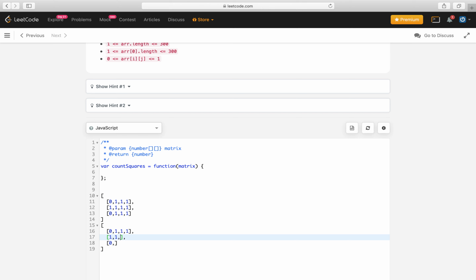0 plus 1. At this point the minimum is 1 and the cell itself is 1, so it becomes 2. At this point the minimum is 1 and it is 1, so it becomes 2. At this point the minimum is 0 and it is 1, so it will become 1. At this point the minimum is 1 and itself is 1, so it becomes 1. 1 plus 1. And at this point the minimum is 1 and it is itself 1, so it will become 1. So the total number of submatrices with ones from this matrix will be just the addition of all these rows